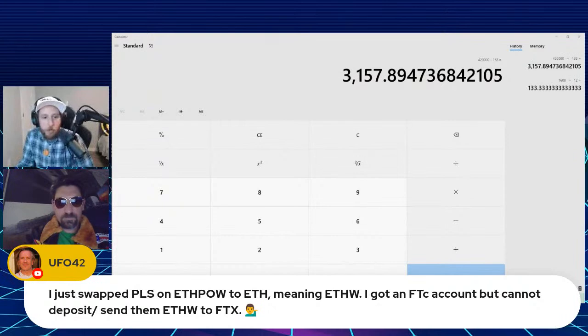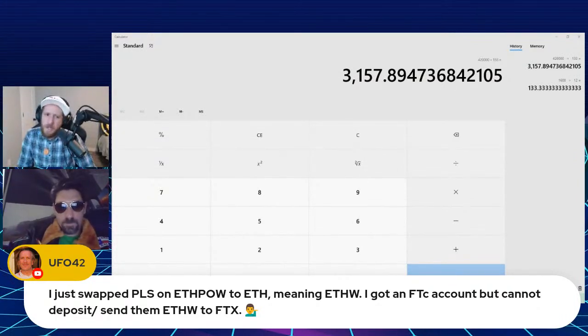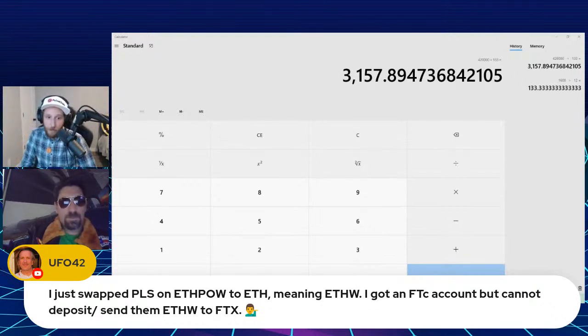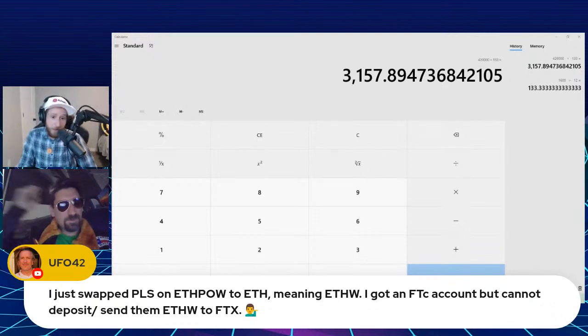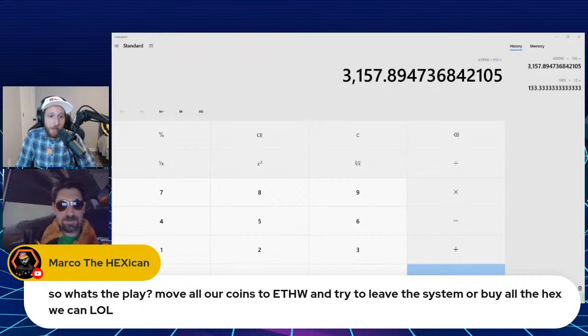I just swapped Pulse on ETH PoW to ETH, meaning ETHW. What do you mean you swapped Pulse? If you had Pulse, it probably wasn't real. I hope you didn't buy Pulse on Ethereum, because if you did, you almost certainly got scammed. So what's the play? Move all of our coins to ETHW to try to leave the system, or buy all the